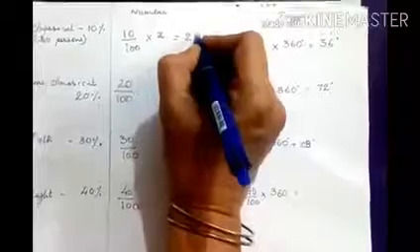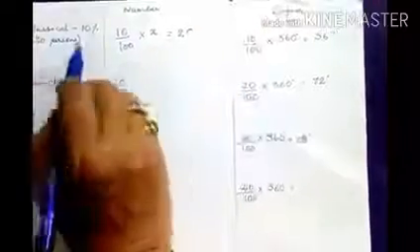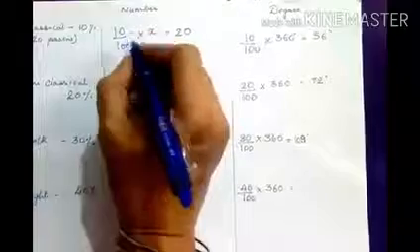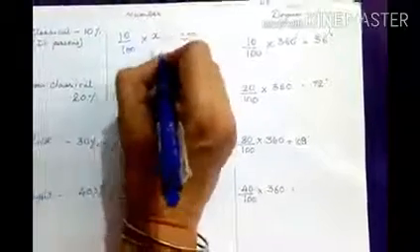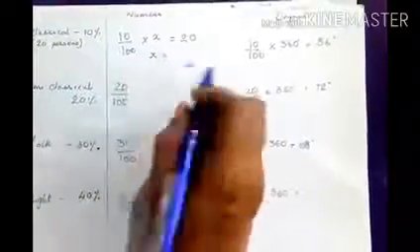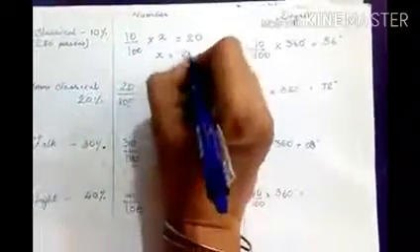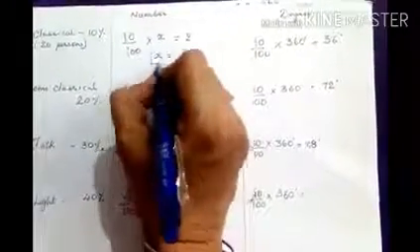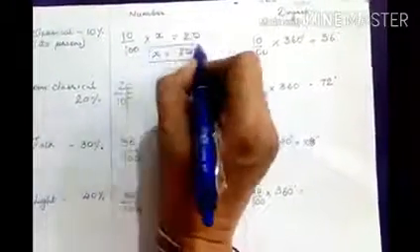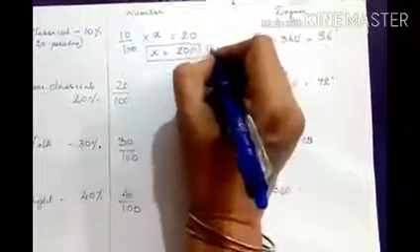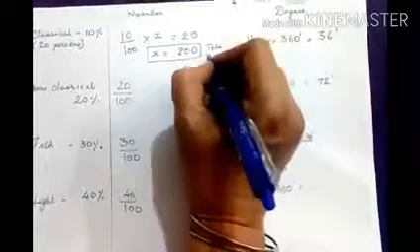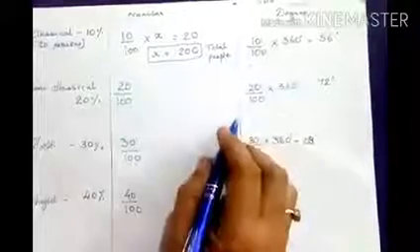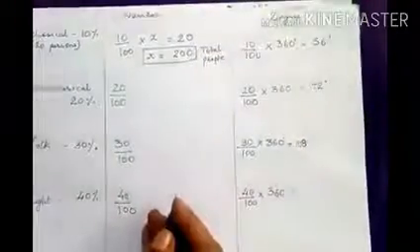From where did I get this 20? Here it was given. And what was this 20? 10% of some number. So you can find here with your linear equation method, you can find the value of x will be 200. So total number of people I got here. With this information I got the total number of people. So how many people are there? 200 people. Now I can find all these numbers.